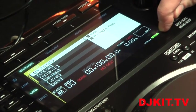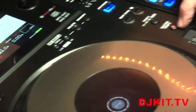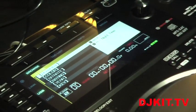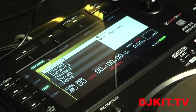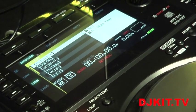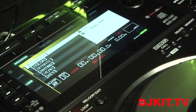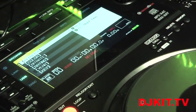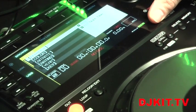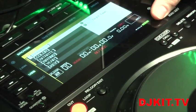So that's changed my tempo range to +6. It's turned my master tempo on. You can see straight away it's increased the brightness of the LCD screen. You can also change a number of different features in here. The beat sync can come on, and it just saves you a lot of time when you're in the booth, especially when performing on a few CDJs like we're doing at the moment. So, major beneficial thing on here now, the most visual update to the unit is the LCD color screen display,